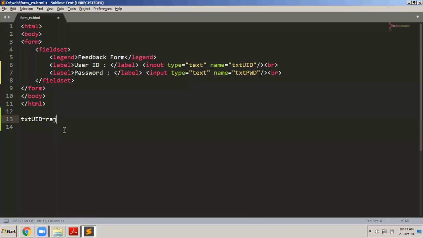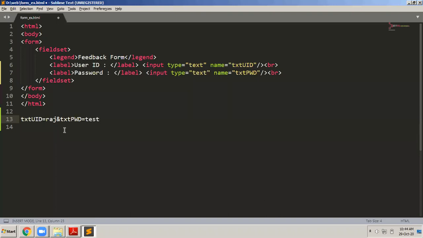So txtuid equals Raj, then there is an ampersand in between, and then txtpwd equals test. Every element name is attached with its value, separated by an ampersand from another element of the form.